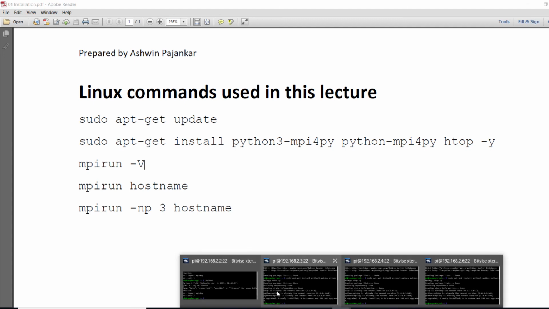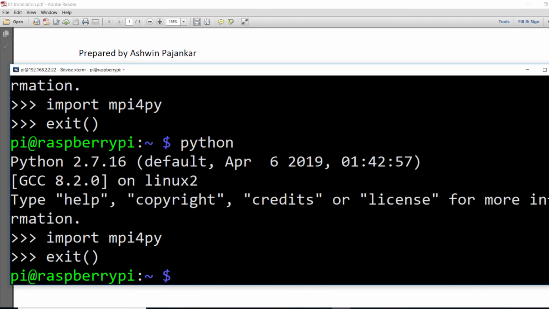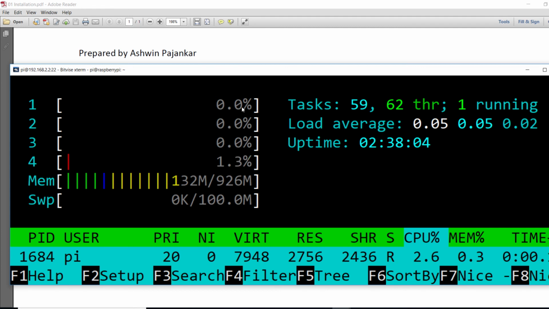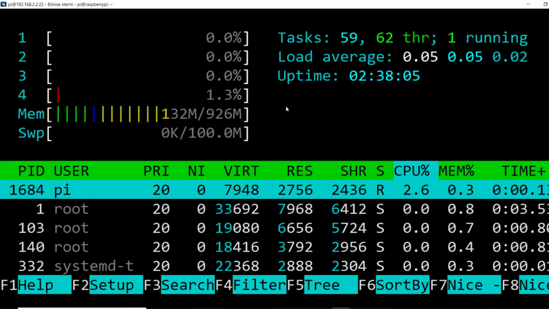Now HTOP utility is a utility that shows us the top running processes in the operating system, and it's kind of graphics in the text mode. And here you can see the memory consumption. Okay, 132 megabytes of memory is consumed here, and this is the load on the processors.